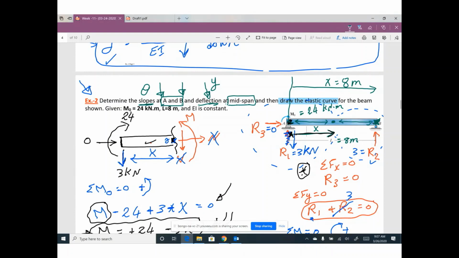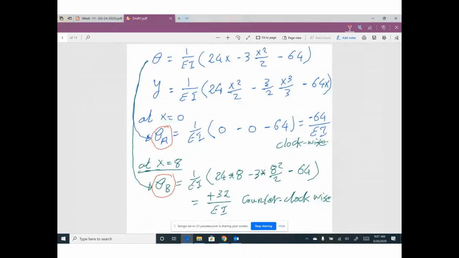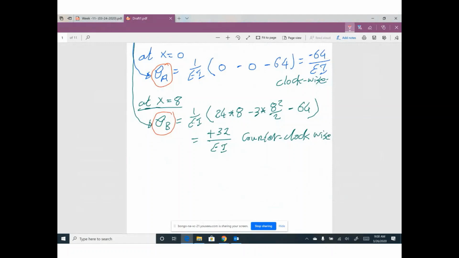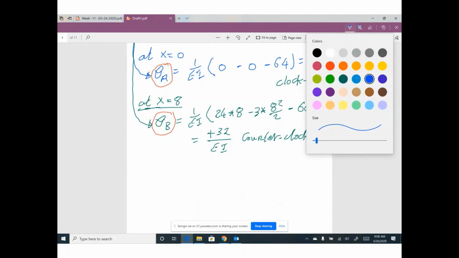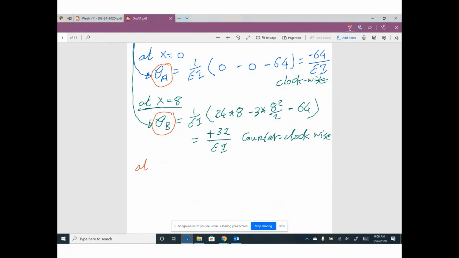Anybody can tell me this point, which is midspan, at x equal what? Yes, at x equal 4. Remember, your x all the time is measured from your left. So I need to walk from this left to the midspan. So I need to walk x equal 4. So I will say at x equal 4,